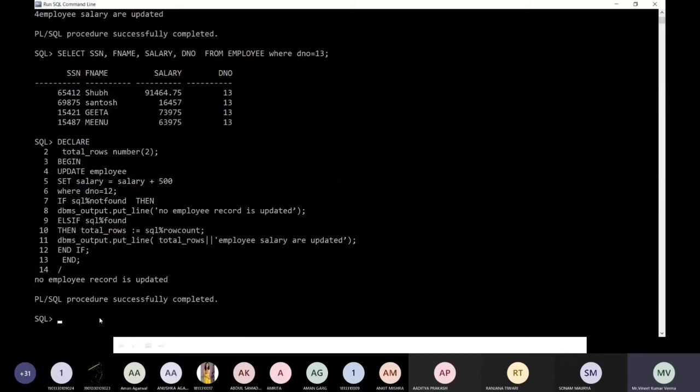So come to the different kinds of cursors. The next one is the explicit cursor. In case of the explicit cursor, the programmer has more options to control it, right?